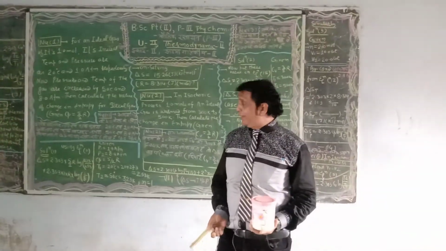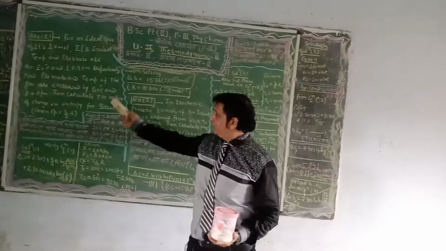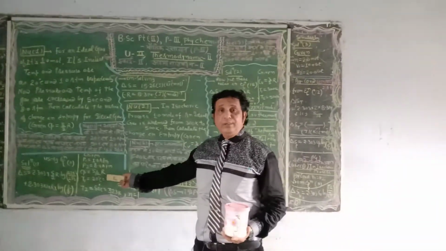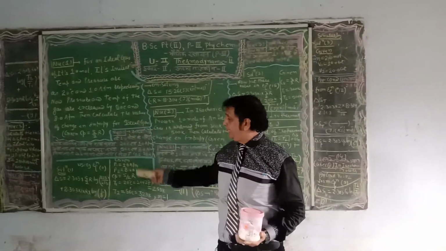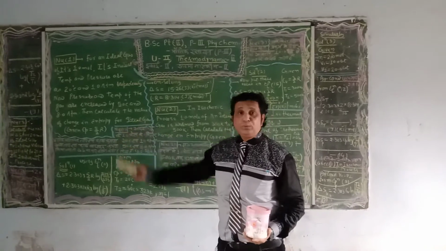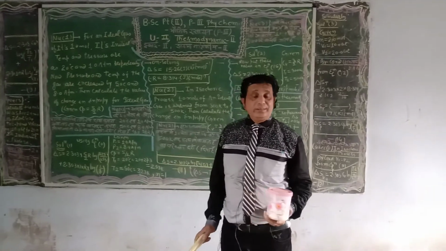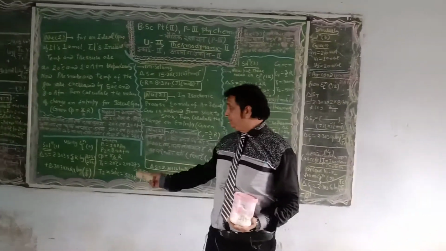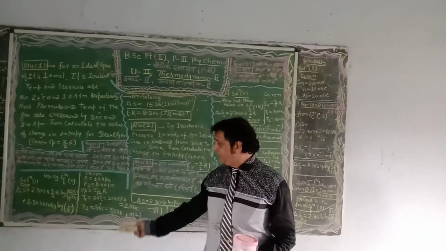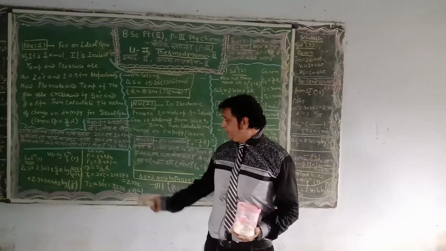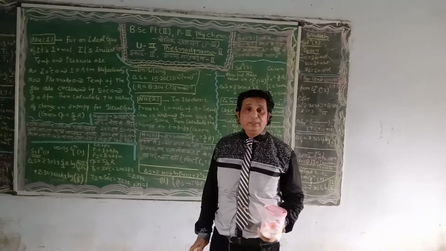I am going to solve it on the blackboard according to the conditions of the numerical. The various values of pressure and temperature are given. P1 is equal to 1 atm, P2 is equal to 8 atm, and Cp is equal to 5 by 2R. T1, the initial temperature, is 20 degrees Celsius; adding 273 gives 293 Kelvin. Similarly, the final temperature T2 is 50 degrees Celsius, which is 323 Kelvin by adding 273, the absolute temperature, and n is equal to 1 mole.